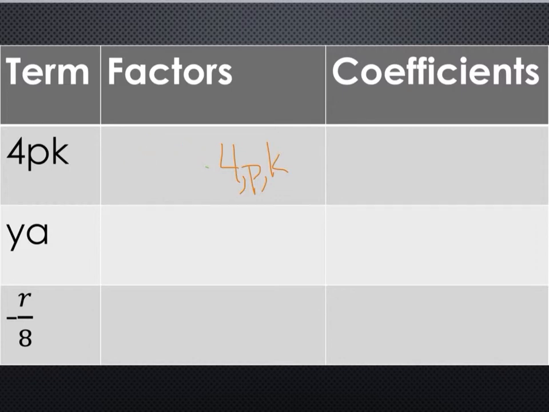So each different part of the term is a factor. Here our factors are Y and A. And here our factors are R, and if we separated out that divided by 8, it'd be negative